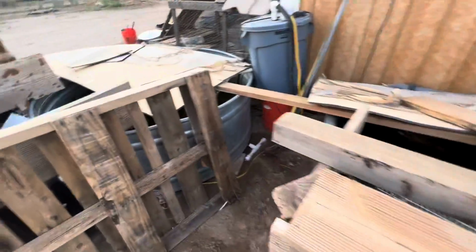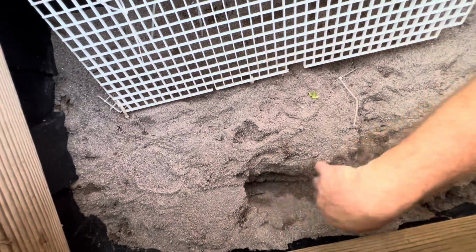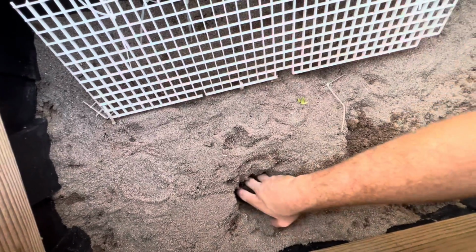You know what, guys? Before we wrap up for the day, we gotta go grab those turtle eggs. Bet you guys thought I forgot. To be honest with you, I kinda did. But let's go ahead. I know, I'm being recorded. Gotta love the cameras. But anywho, guys, I'm gonna go ahead, set you guys right here. I don't know exactly where she laid. I didn't check the cameras. I'm gonna assume it was this hole,